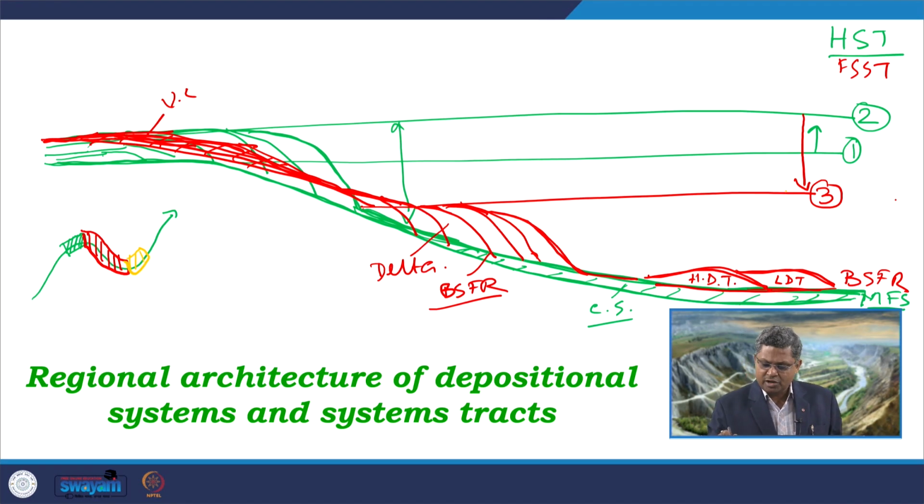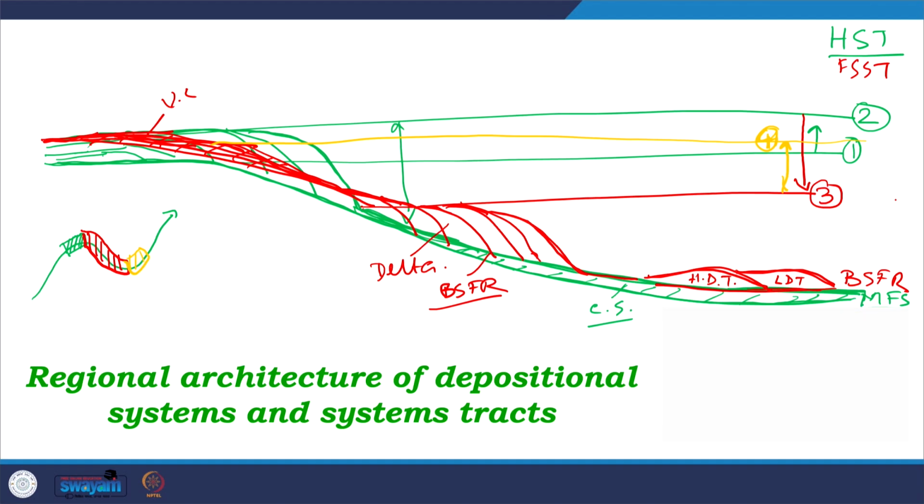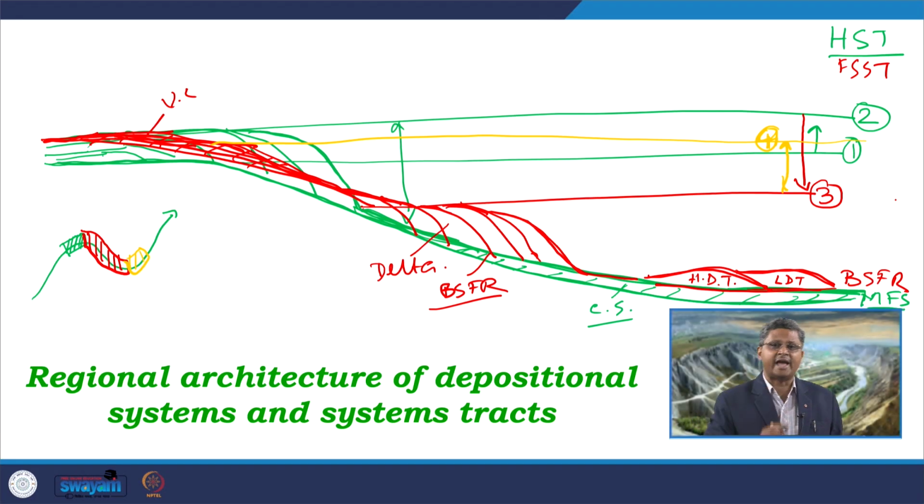So from this stage 3, the base level is rising up to, say for example, level 4. For this level 4, the water level or base level is reaching somewhere here. For this much of rise of the base level, what will happen now? There will be accumulation of sediments, mostly confined in this particular zone, as the river system will now aggrade as well as prograde, and the rear part of the fluvial system will start onlapping as it gradually aggrades up.